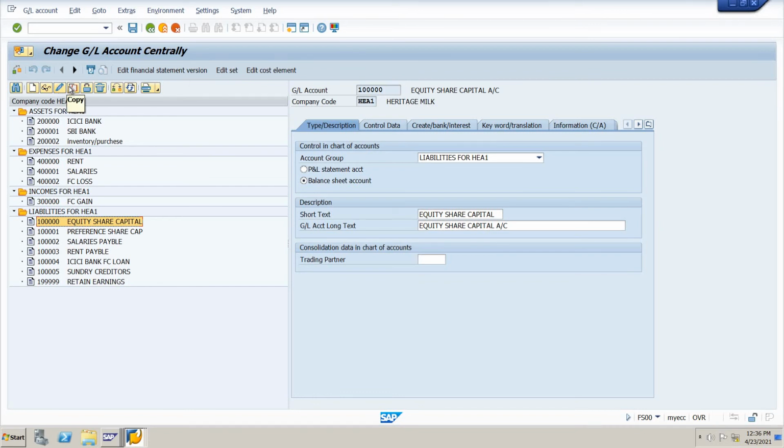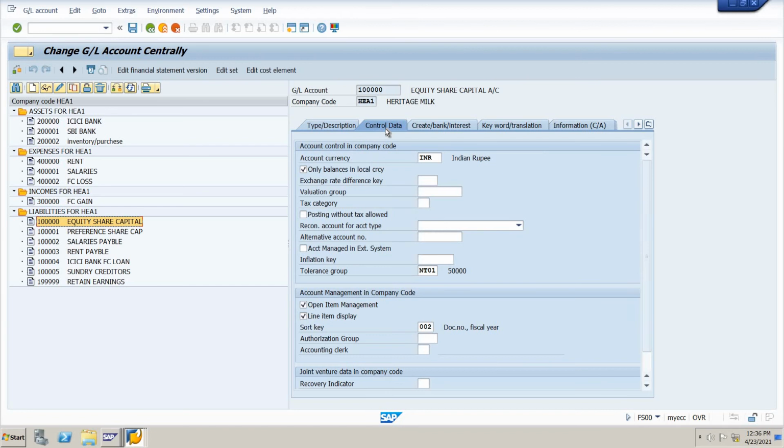And copy means what, if you want to, in liabilities there, right? In liabilities we want to create a new account under liabilities, then we can copy it. For example, equity share capital is there, it's under the liabilities for HCA1.